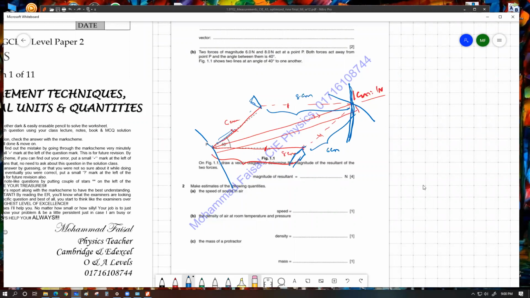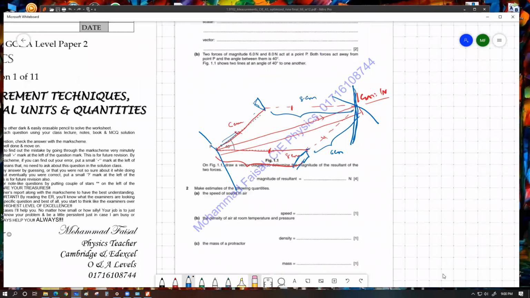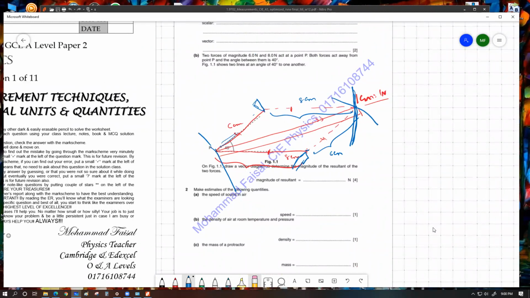আচ্ছা, তারপর স্যার এখানে ট্রায়াঙ্গেল রুল ইউজ করলে কি মার্কস কাটতো? ট্রায়াঙ্গেল রুল তুমি ইউজ করতে পারো, কোনো সমস্যা নাই। ট্রায়াঙ্গেল রুল ইউজ করলে এখানে আমাদের শেপটা হয়তো হচ্ছে মেবি... কোশ্চেন হ্যাভ অলরেডি টোল্ড আস দ্যাট বোথ ফোর্সেস অ্যাক্ট অ্যাওয়ে ফ্রম পয়েন্ট পি, তাই না? মানে উপরের লাইনটা ইউজ না করে 8 সেন্টিমিটার লাইনটার সাথে আবার অ্যাঙ্গেল করে ফোর্স রাখতাম।